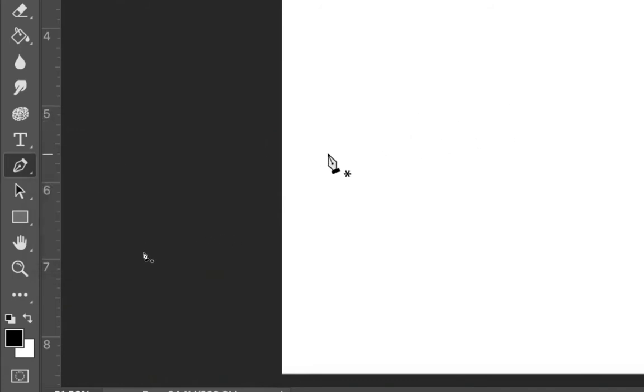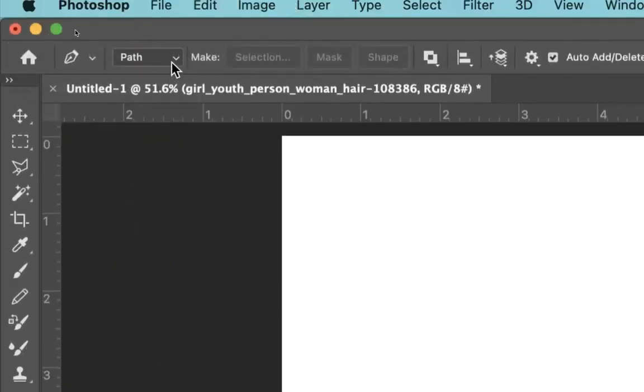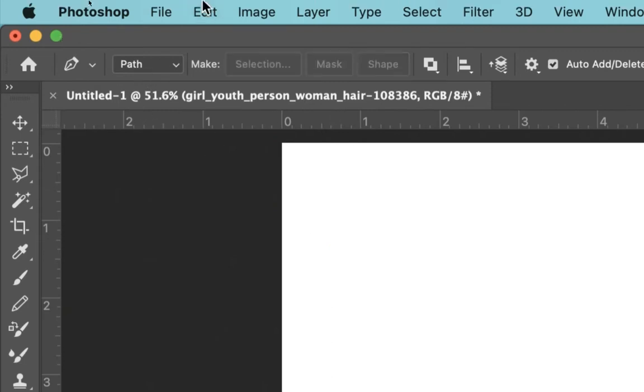With the pen tool, it will start creating a shape according to our properties that we have up at the top. Right now, we are creating a path, which is just a placement of different points between one anchor and another. I can press Command Z to undo those or edit undo, but I think I might want to create a